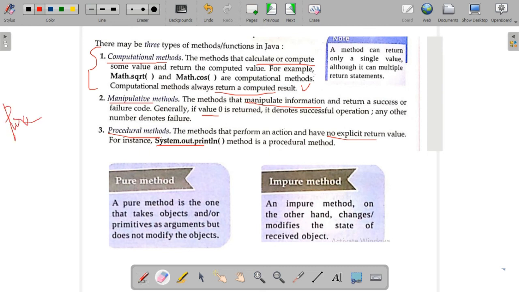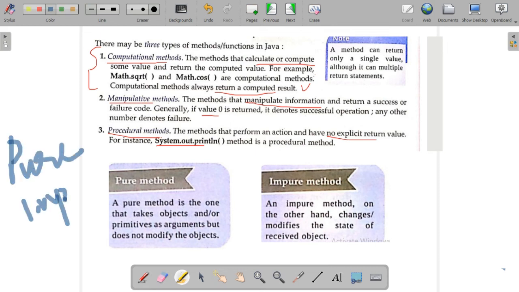So how will it execute? Whenever the compiler finds the very first return statement, it will give the value to the calling statement and immediately exit from that particular method. So if we are giving multiple return statements also, there is no use, is it? The method can return only a single value by a single return. That single return is enough. Multiple we can give, but whenever it finds the return keyword, it will return a single value to the calling statement and immediately exit the control from that particular method.